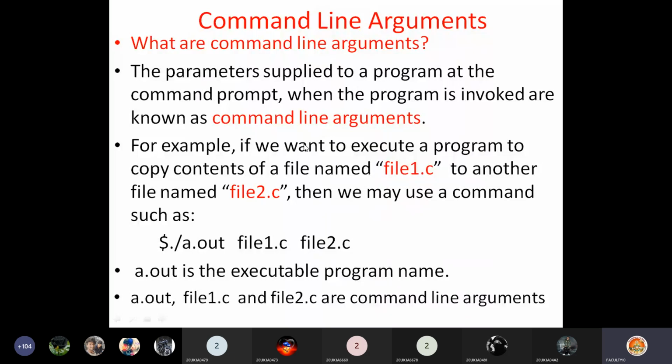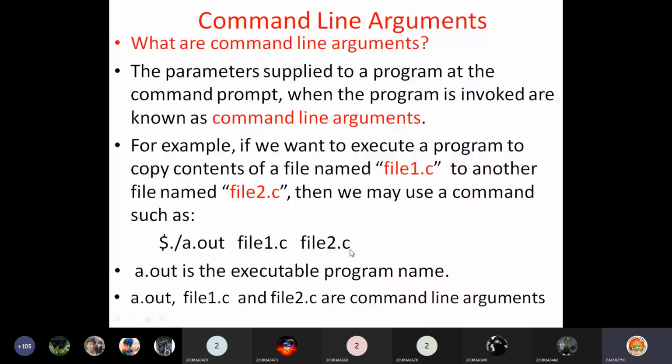Example, just see here. If you want to execute a program to copy contents of one file named file1.c to another file named file2.c, then we may use a command such as this at the command prompt. File1.c contents I want to copy into file2.c.